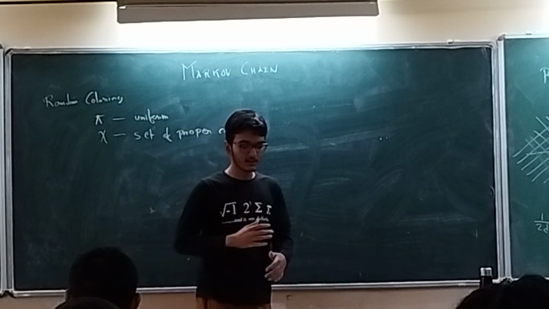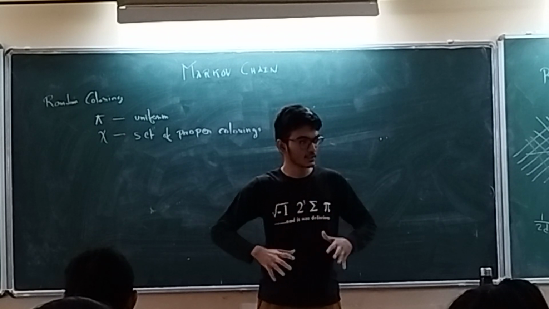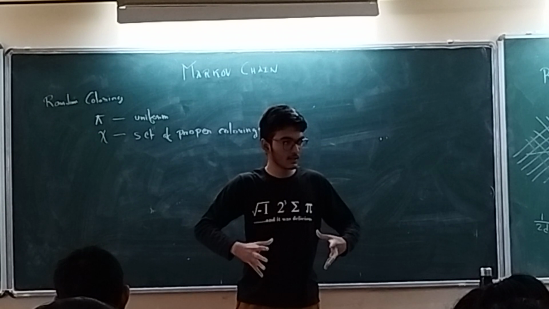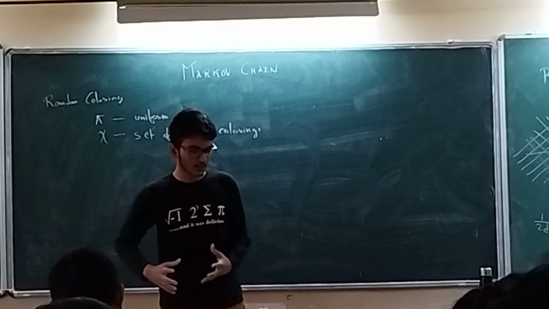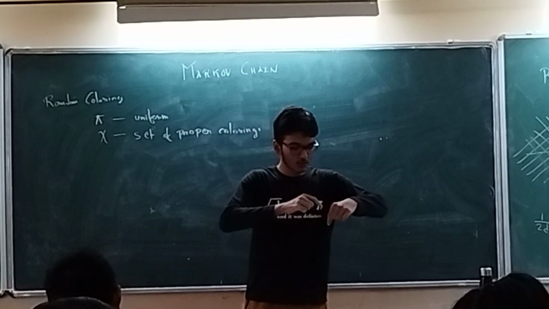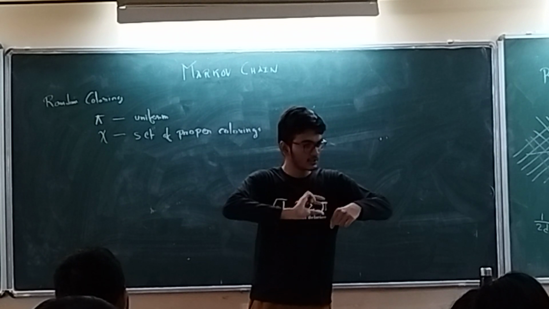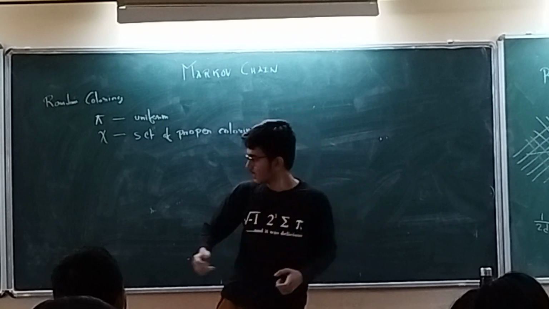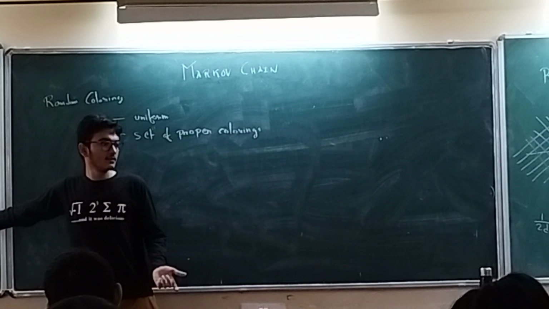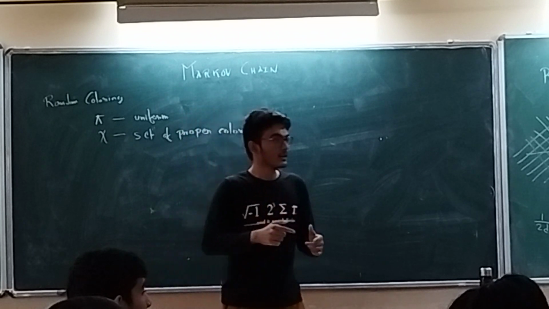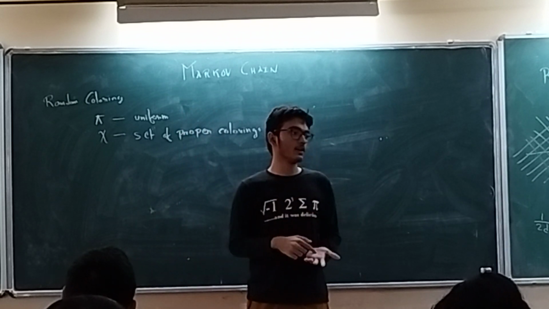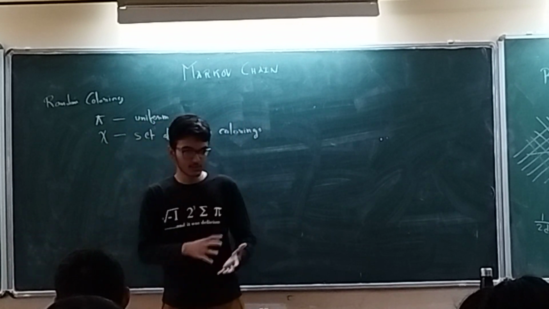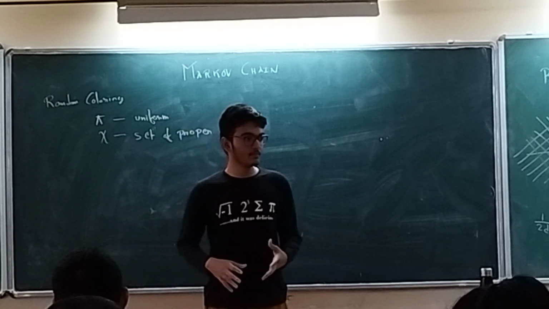So what are you basically iterating on? You have a configuration on the graph, and you are moving from one configuration to another configuration. You choose a vertex, look at all the possible values it can take, and change that vertex to one of those values. The probability of that change is governed by this pi. We already know pi; it is the stationary distribution you want. If you write down the transition matrix, you will see that if you multiply pi times P, you get pi.